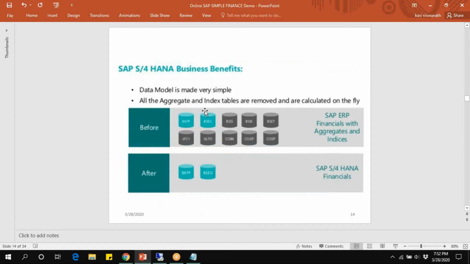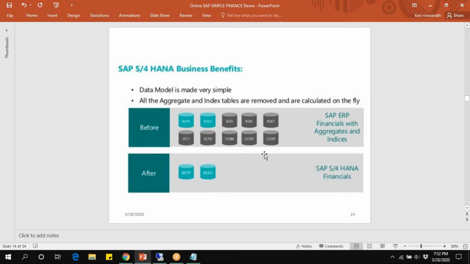Right. In ECC, we have to remember all the tables. Before, in ECC: BKPF header, BSEG line item, BSIS, BSIK, BSAK, etc. In HANA Finance, BKPF header, BSEG line item.